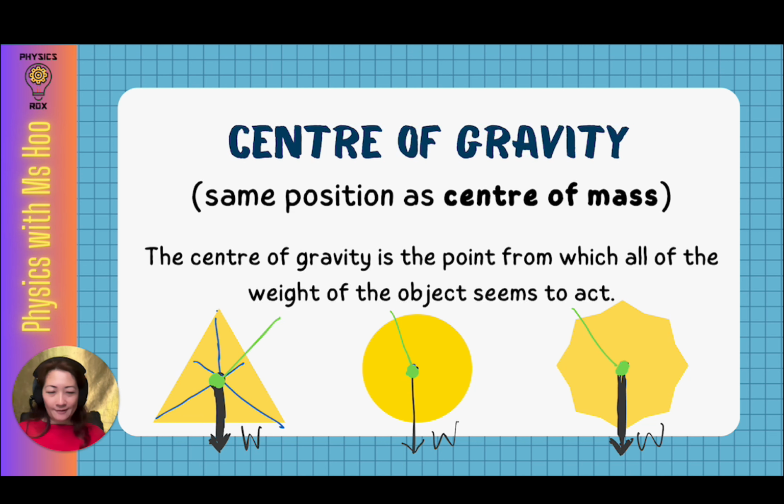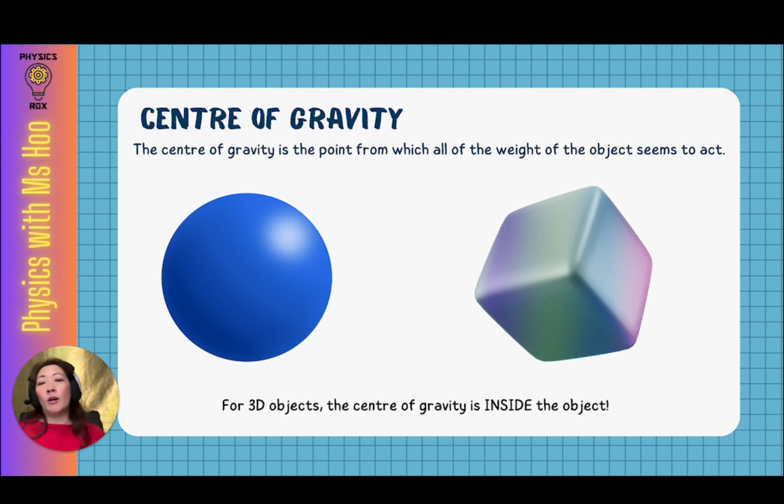Just to make it clear. So for 2D shapes, they're quite easy to observe. What if the shapes are in 3D? For 3D objects, the center of gravity still is the point from which all of the weight of the object seems to act. And for 3D objects, the center of gravity is inside the object, not on the surface, but